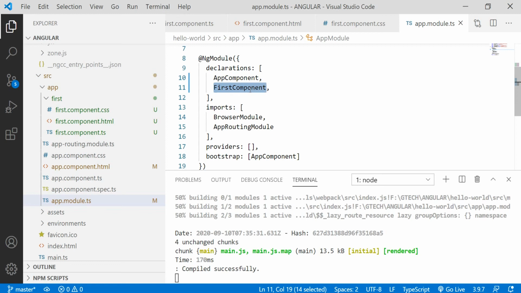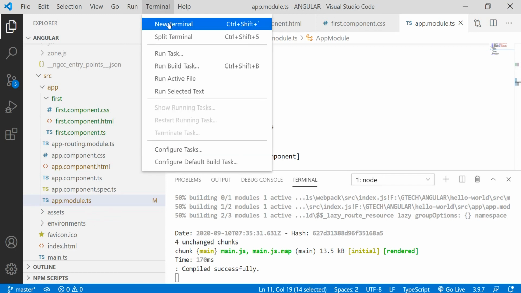But Angular CLI can handle this in a pretty easy way. We just need to create a component using a simple command called ng generate component, followed by the component name. Let's create a new component using Angular CLI.